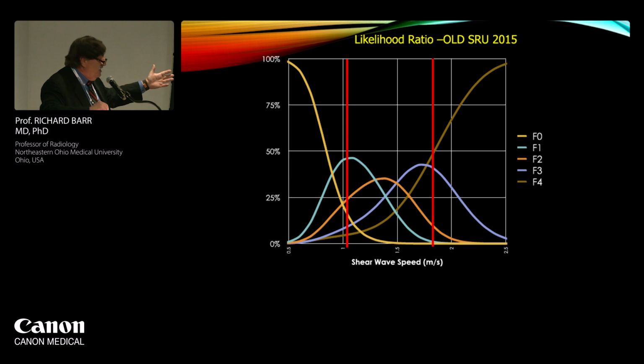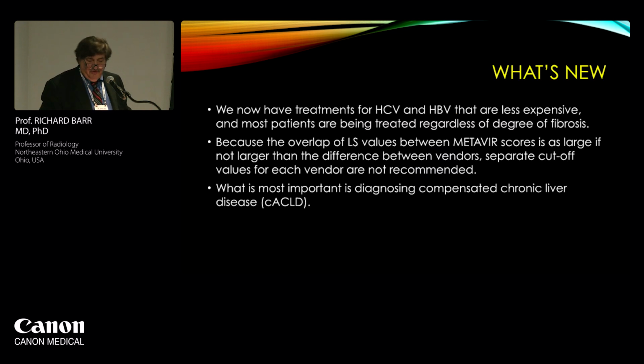So we gave cutoff values, and at that time they were vendor specific, as to a low value below which you had no or mild fibrosis, and a high cutoff value above which you had a very high probability of compensated advanced chronic liver disease. And between those, you had some fibrosis, and you needed to be followed. Now, this data is true for transient elastography, and it's also true for MRE. So all these things that I'm telling you, almost all of them affect both transient elastography and MRE, although they tend to not tell you that.